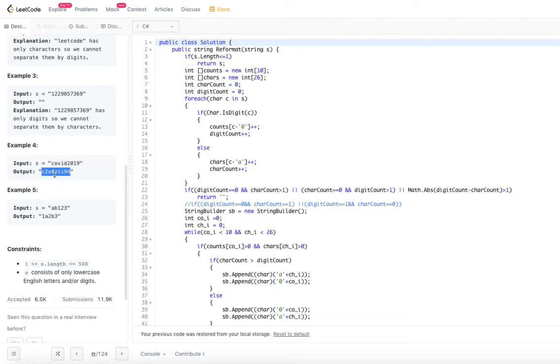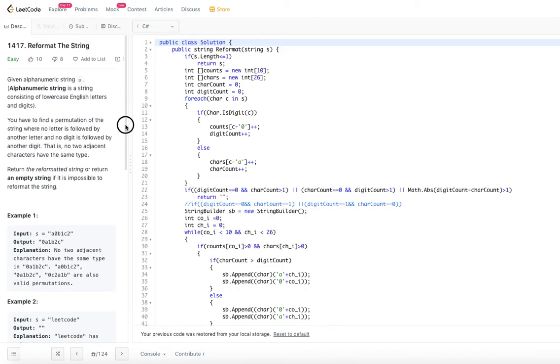There are so many permutations possible, but you could give any permutation. That's what the question is. Even in the example 5 case, ab123, so a1, 1a2b3, like that anything could be possible. You don't have to give only this permutation. In this example, 2a1b3 is also possible. It's a permutation.